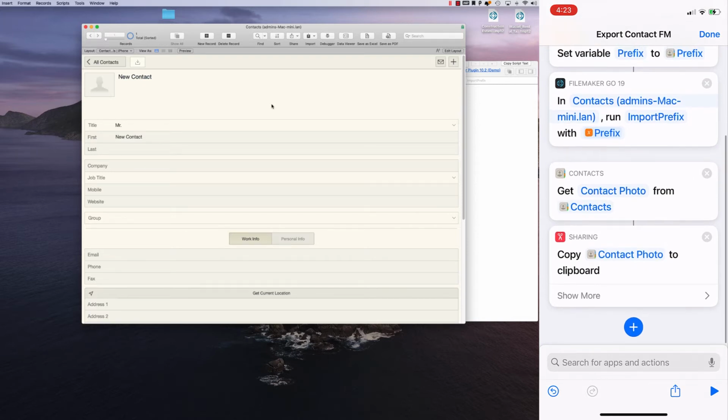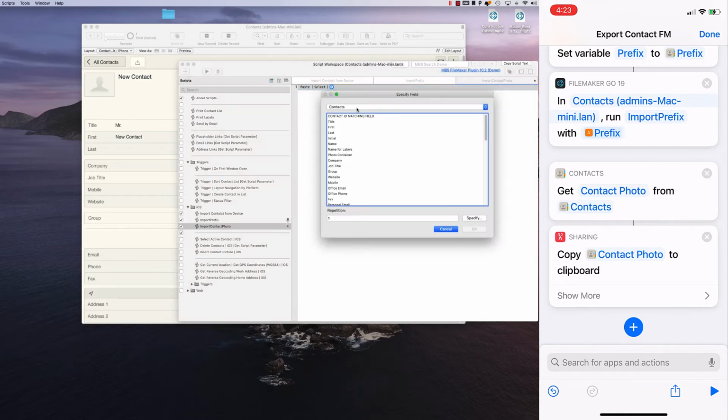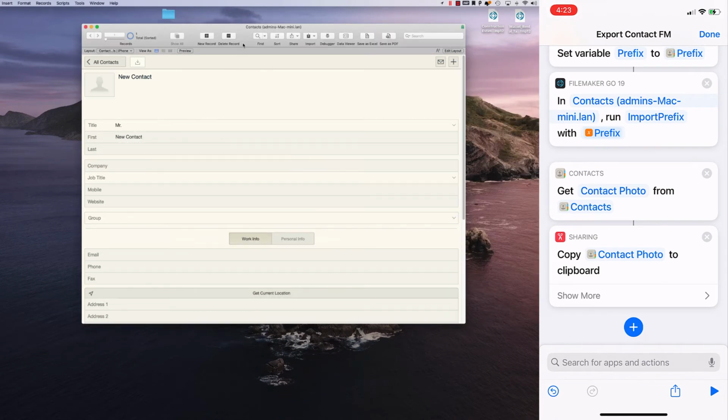And then over here in our script steps now, we're going to create another import script. So this time it's going to be import contact photo. We're going to save that, and we're going to do, actually not set field, paste. The paste is going to do a selection of the target contacts, photo container, and there you go. And then I want to enable shortcuts donation, and then I'm going to close this out. It's already committed, so hopefully once we do a FileMaker,